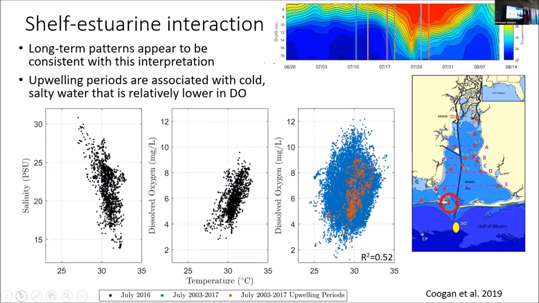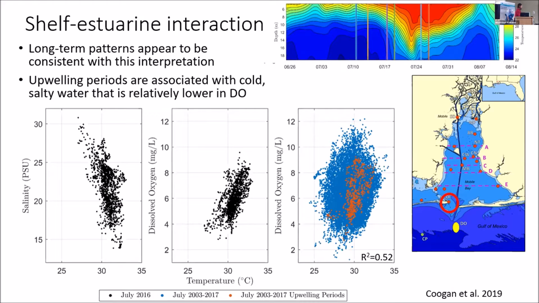And what you can see here, particularly in the red, is that during upwelling conditions there's a trend of lower DO and colder temperatures. So you have high DO going to low DO during these upwelling conditions. And so that suggests that when you have upwelling, you typically have lower dissolved oxygen being pulled into the estuary. So that upwelling condition is linked to lower dissolved oxygen at the mouth. Why is that bad? Well, if this low DO water gets in the ship channel,